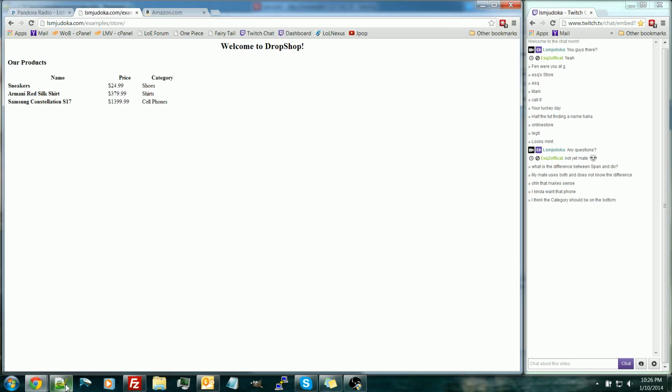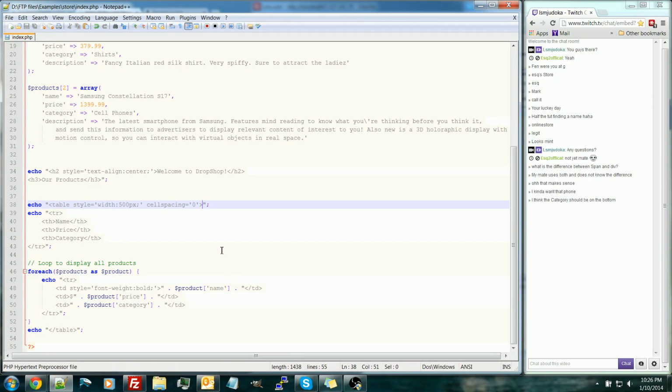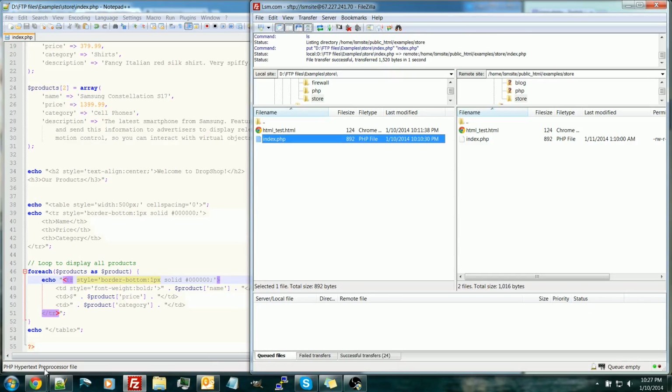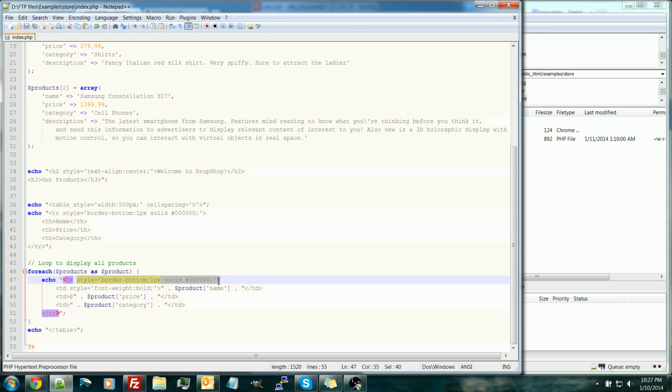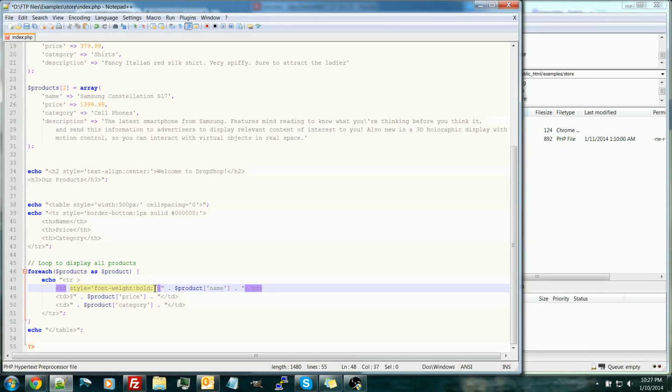Okay. Let's add a slight border. So I'm adding a slight border on the bottom of each table row now. Oh yeah, I forgot that doesn't actually work. Which is silly because it should, but